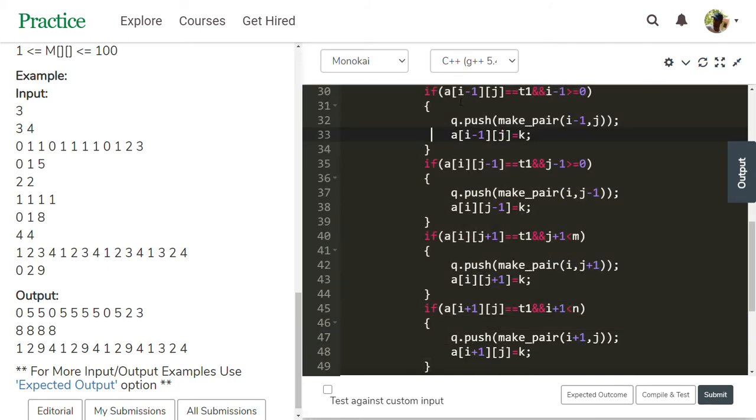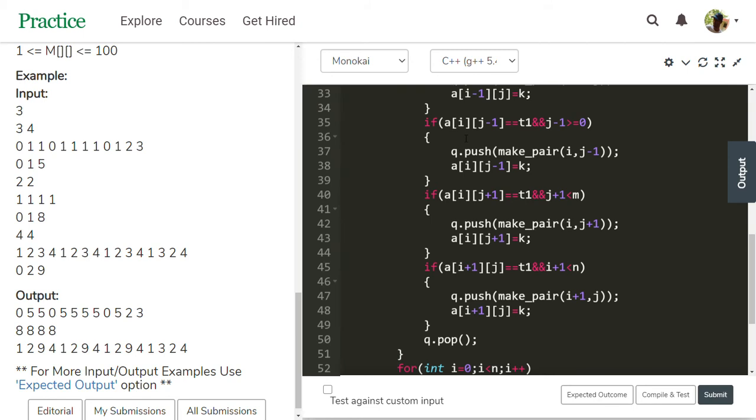Initially, 0 minus 1 is minus 1. Minus 1 greater than or equal to 0 is false. This condition is false, so this if block does not execute.